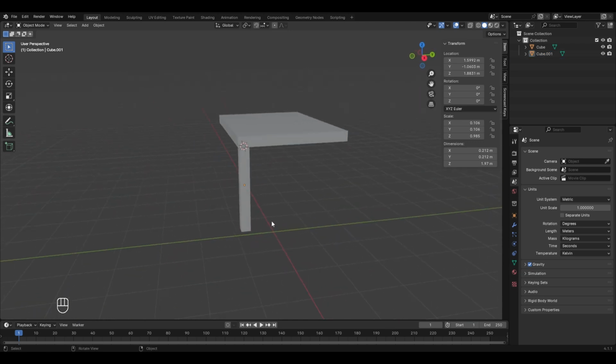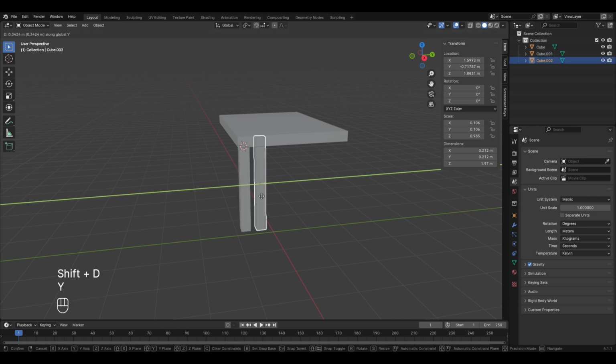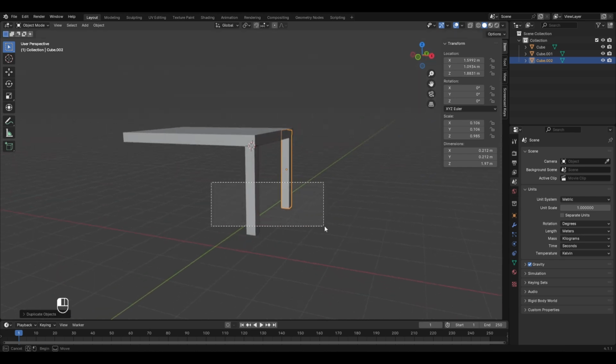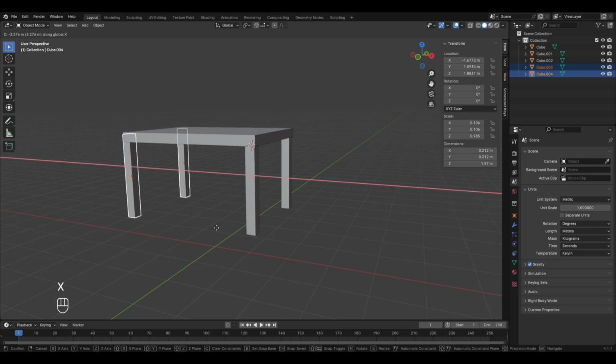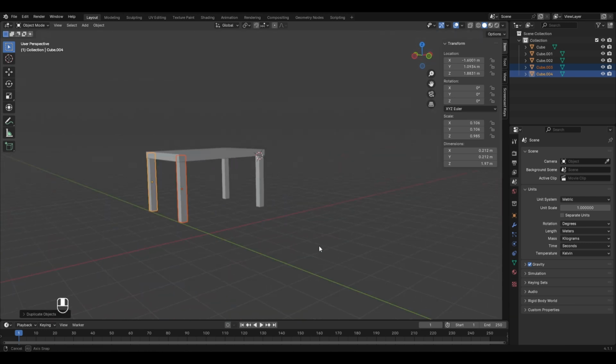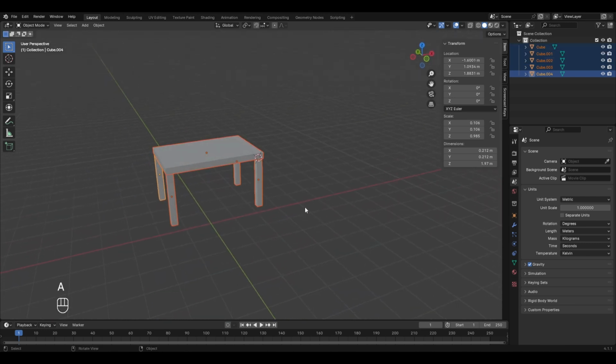So it looks fine now. And instead of making all the legs separately, we will duplicate this leg by pressing Shift plus D, and now I'll move it in the Y direction and we should place it here. Similarly, we will select both these legs and duplicate them and place them here on the other side of the table. So this looks good, and now I'll move this table down